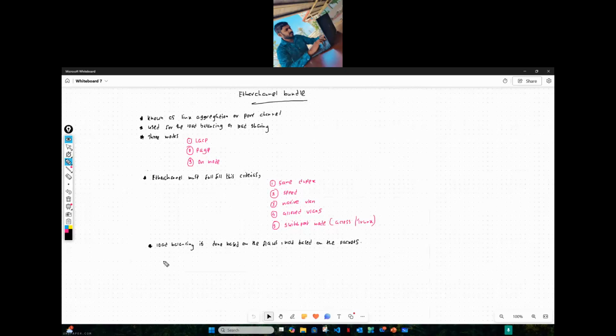And also the same as layer 3, the packets will be distributed by using the source and destination IP address. Okay. So, and the next part is,